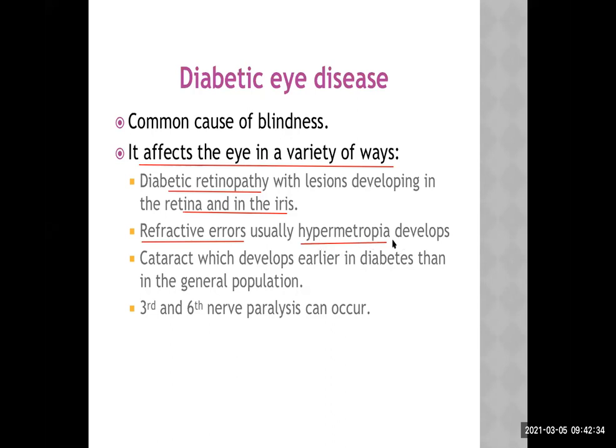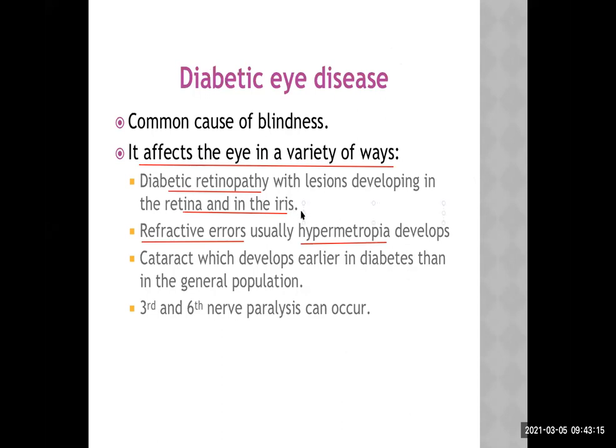Now, myopia is also known as nearsightedness. Hypermetropia is known as farsightedness. Means in myopia, the person can see the near thing easily, but not the far thing. Whereas in hypermetropia, the person can see the far things much better. But when the person is trying to see the near things, the image doesn't form on the retina. The image forms behind the retina. So the image is blurred. This is hypermetropia, also known as farsightedness.